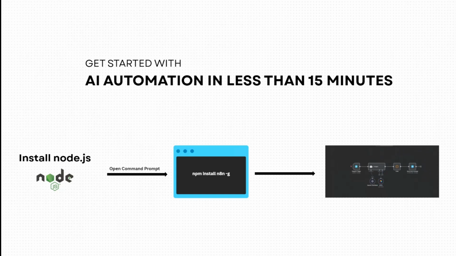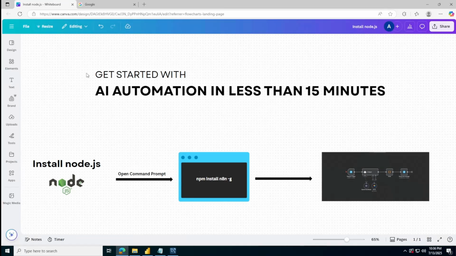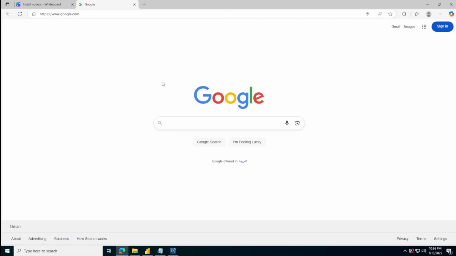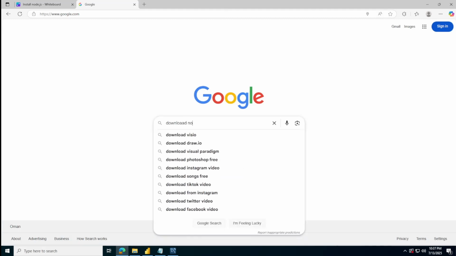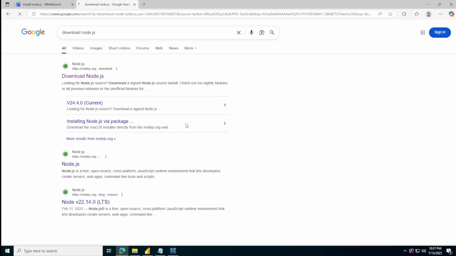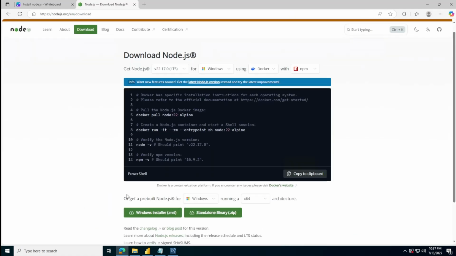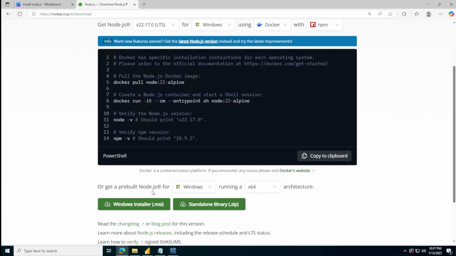So let's go and install node.js. To install node.js, I'll open Google. I'll type download node.js. I'll use the first link. I'll click on it. Below, it is giving us an option to choose the operating system that we are using. I'm using Windows. If you're using Mac, Linux, anything, you can choose whatever you are using. I'll choose Windows, and then I'll click on this Windows installer. As soon as I click on it, a download will start. I've already downloaded it. So once it's downloaded, I'll open the file